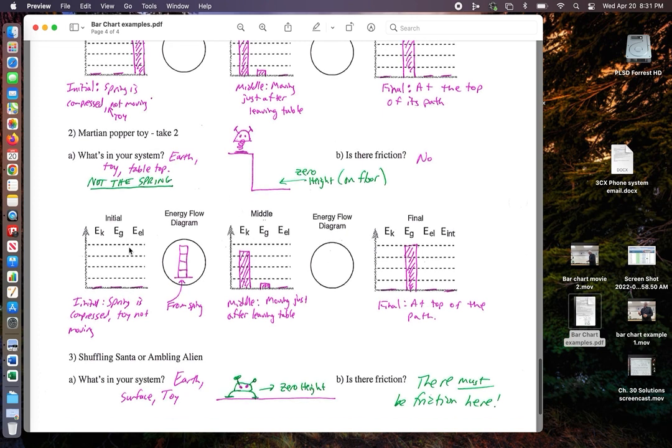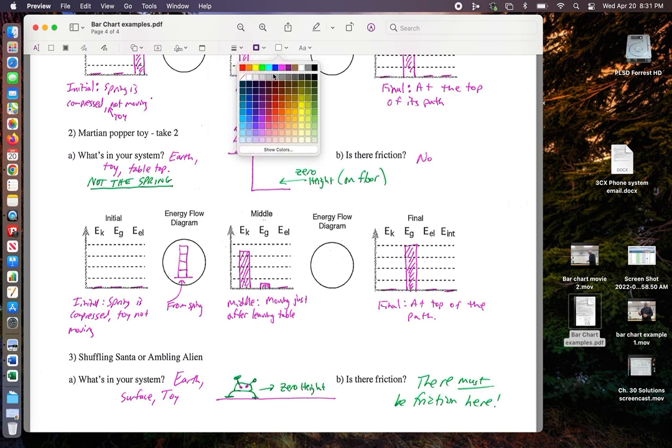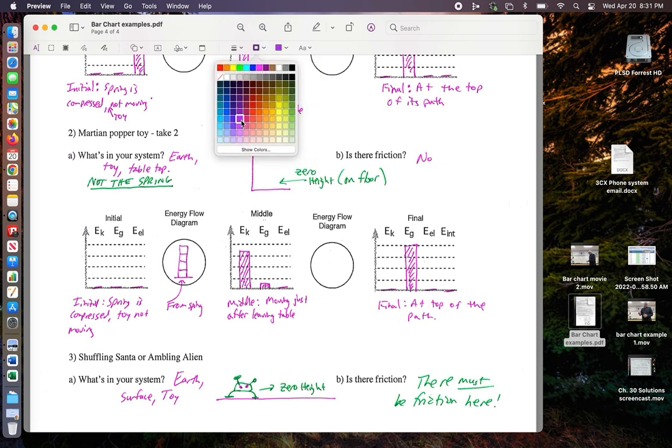Now, when I did this, I made some mistakes here. So I forgot a couple things. I'm going to correct those now. First thing I'm going to do is I'm going to have to make some boxes here, because if the